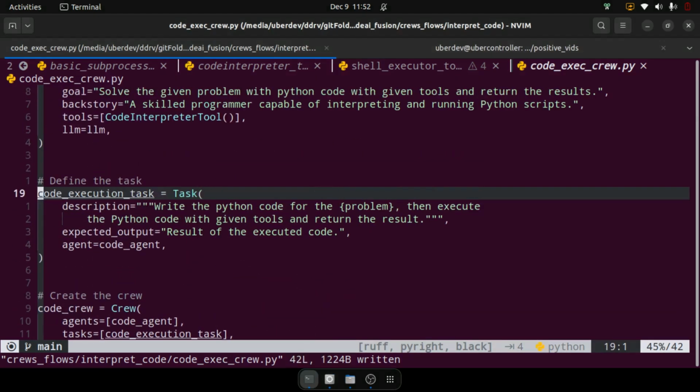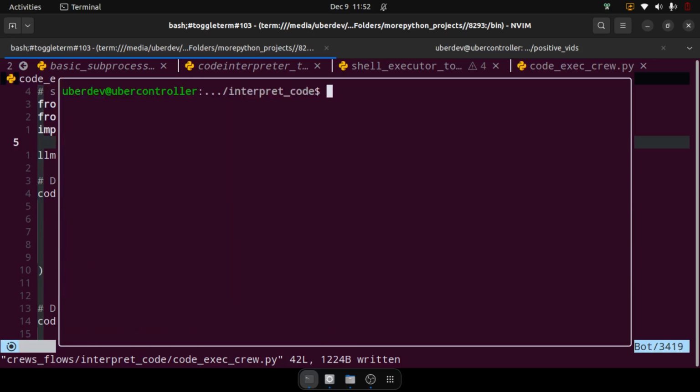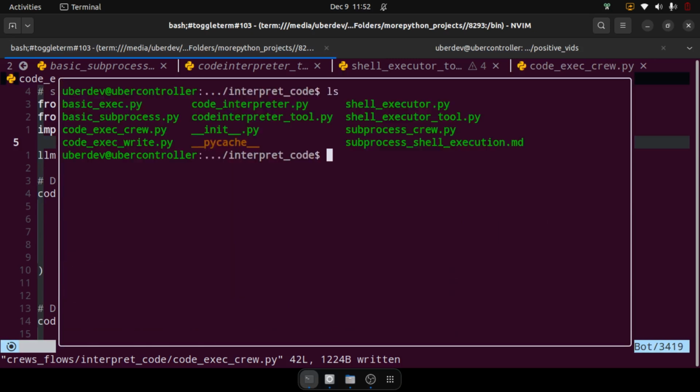We have the code_exec_crew.py. So this is the crew.py file that I am directly showcasing to you so that you guys can understand what's happening. In the interpret_code folder, which is part of the GitHub repo that I'll be sharing with you in the code description below, you will find all these files. We are going to execute the code exec